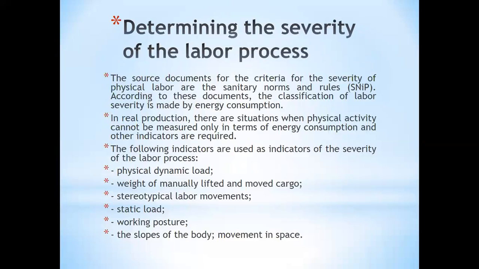The source documents for the criteria for the severity of physical labor are the sanitary norms and rules. According to these documents, the classification of labor severity is made by energy consumption. In real production, there are situations when physical activity cannot be measured only in terms of energy consumption, and other indicators are required. The following indicators are used as indicators of the severity of the labor process: